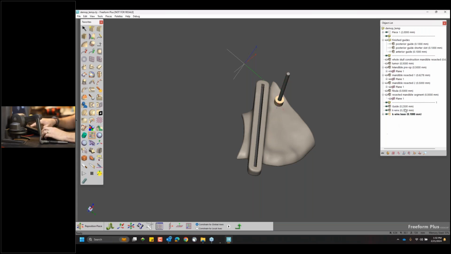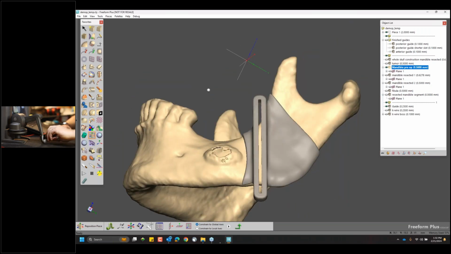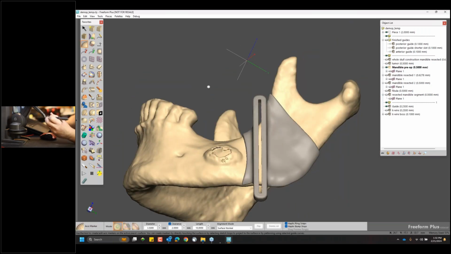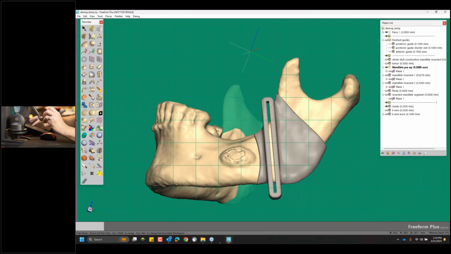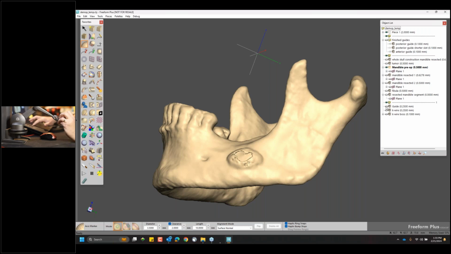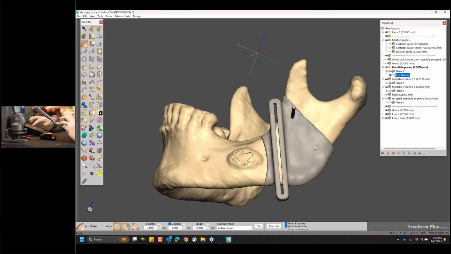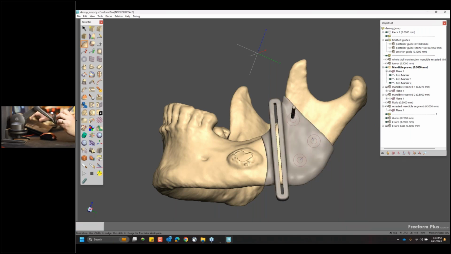Now is an opportunity to show some of the automation that we have. So if I turn back on my mandible, I am going to place a couple axis markers, which are just 3D curves that sit perpendicular to the surface. So I'm going to touch the surface of the mandible. If I hide my guide, actually, I'll keep the guide up, touch, and I'll add 3 of them. So with those 3 in place,